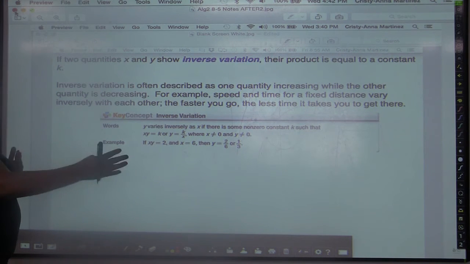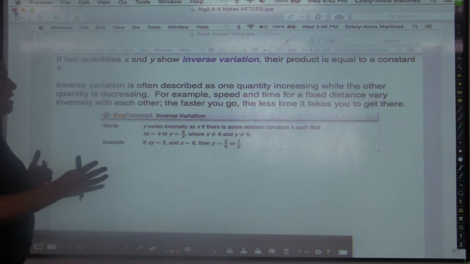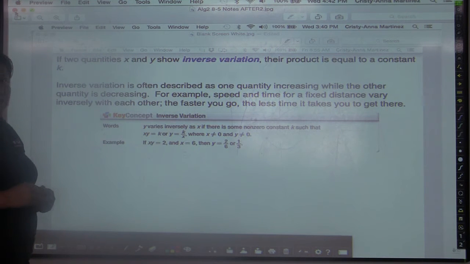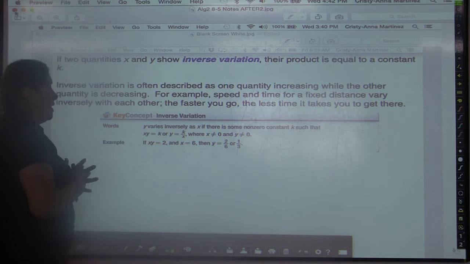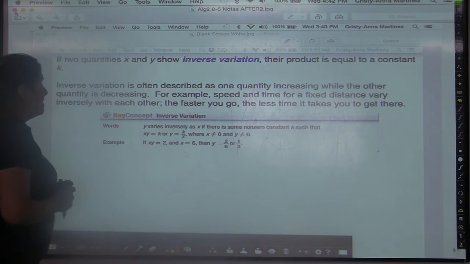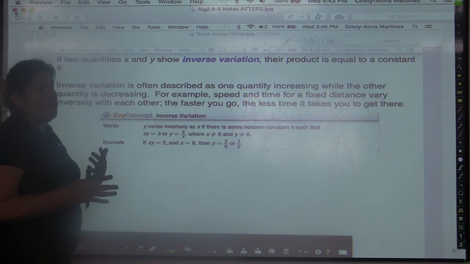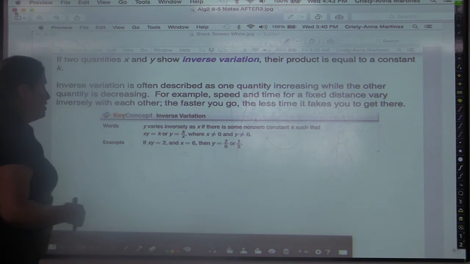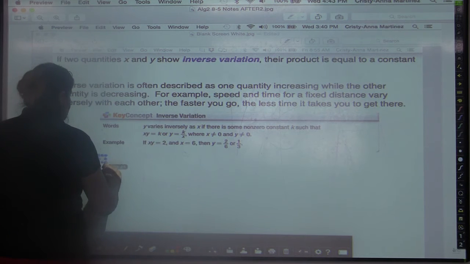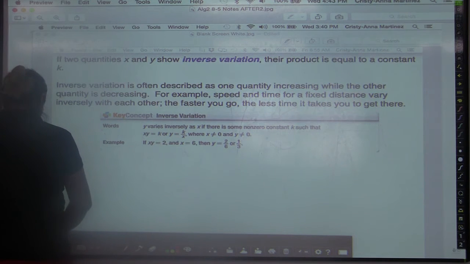The faster you go, so your speed is increasing, the less time it takes you to get there, so your time is actually decreasing. That's one example of how this can happen. But in the end, what it looks like is instead of having joint variation where it's y equals k and then x times z, in this case, when you have inverse variation, think of the inverse of multiplication, which is division. And so you'll end up with y,